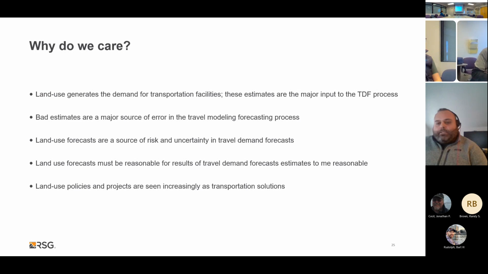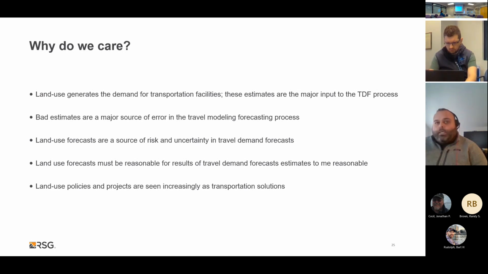The underlying land use data in either the base year or the forecast year is one of the largest sources of forecasting error in travel demand models. So we want to make sure we get the base year right, but we also want to make sure that when we're forecasting the land use information, and oftentimes we get forecasts for larger areas than a travel analysis zone,